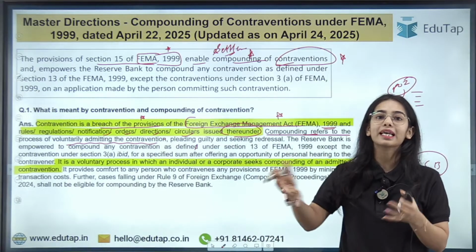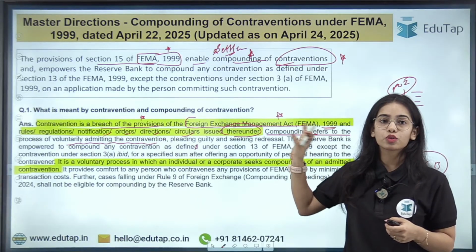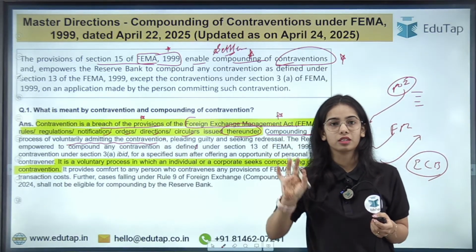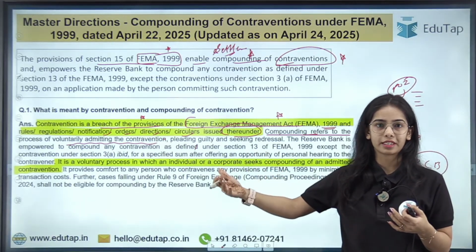So I am voluntarily accepting my mistake. Okay, I am voluntarily accepting my mistake. So the RBI will allow settlement after the process. The RBI will allow the settlement. So this is